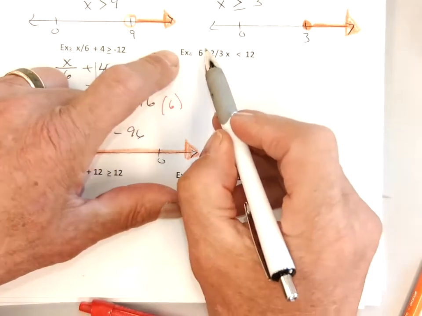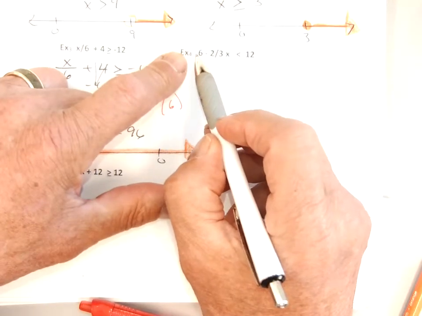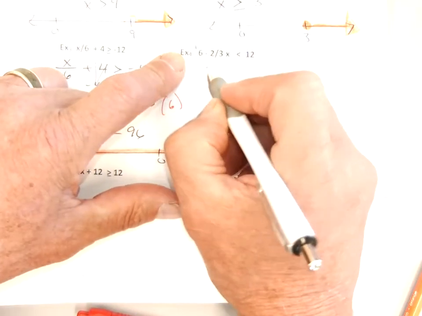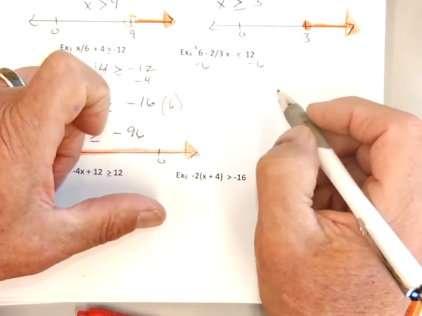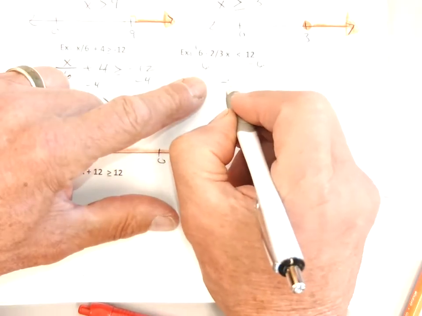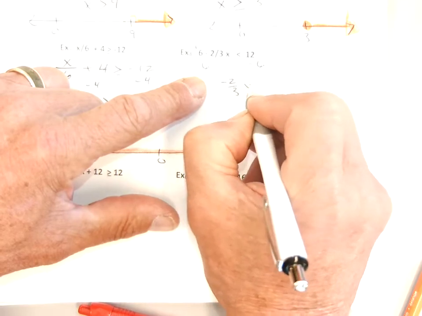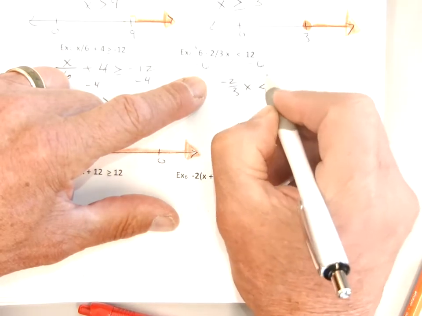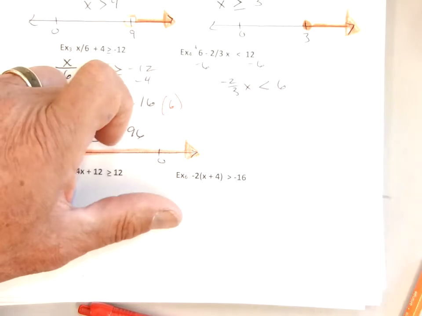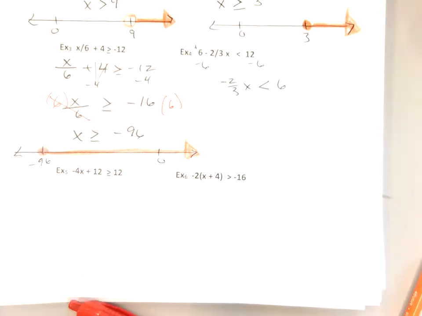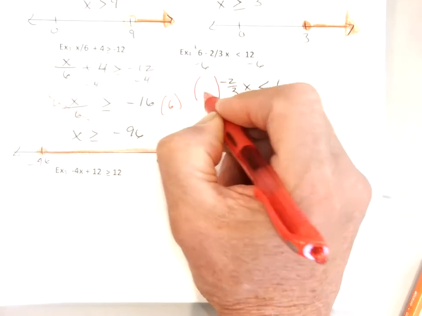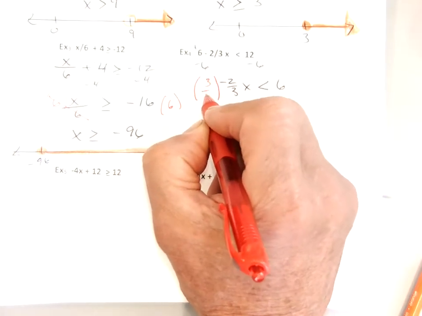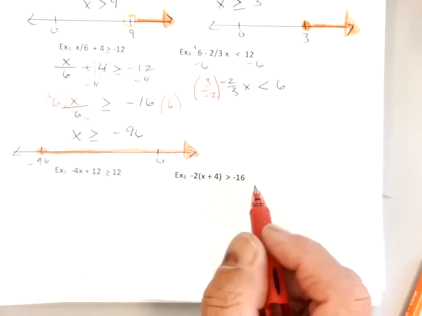First, let's get rid of the 6. And it's a positive 6. That is a positive 6. So I'm going to go minus 6. Minus 6. I'll bring down the negative 2/3 x less than 6. For fractions, I like to multiply by the reciprocal. So if I multiply by a 3 over negative 2, both sides,